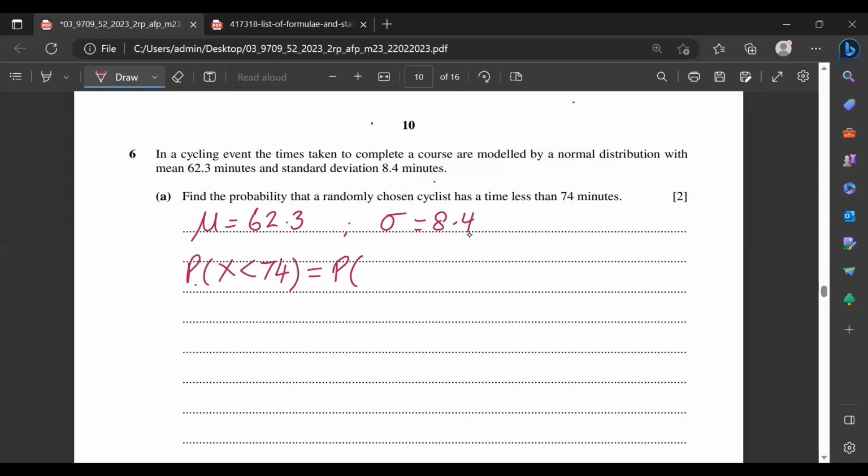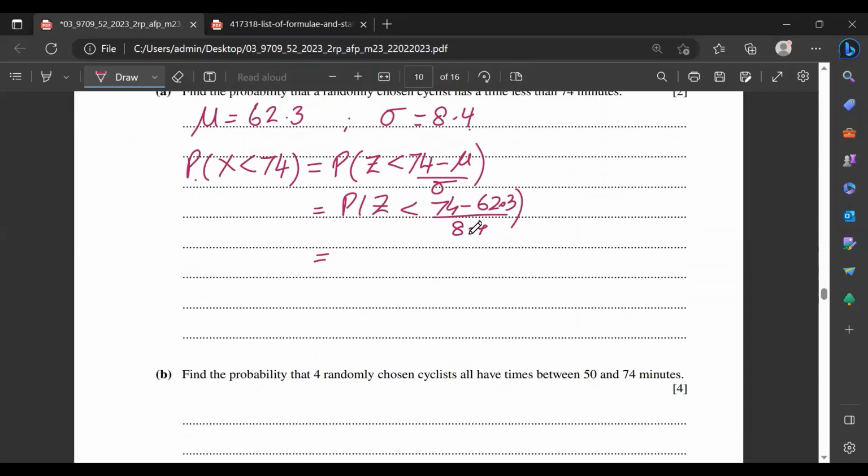So we need to standardize it first. Z less than (74 minus mu) over sigma is the formula. Probability of z less than (74 minus 62.3) over 8.4. So this gives you (74 minus 62.3) divided by 8.4, z less than